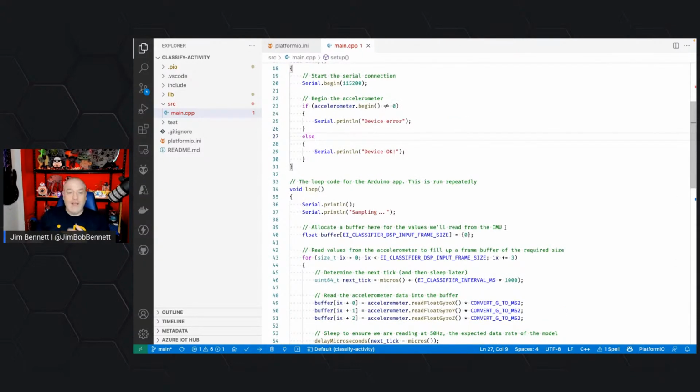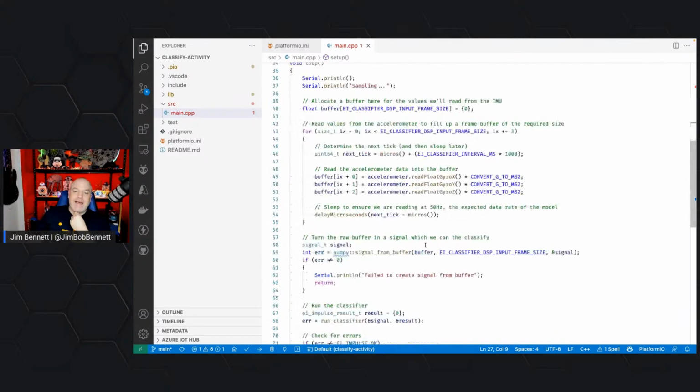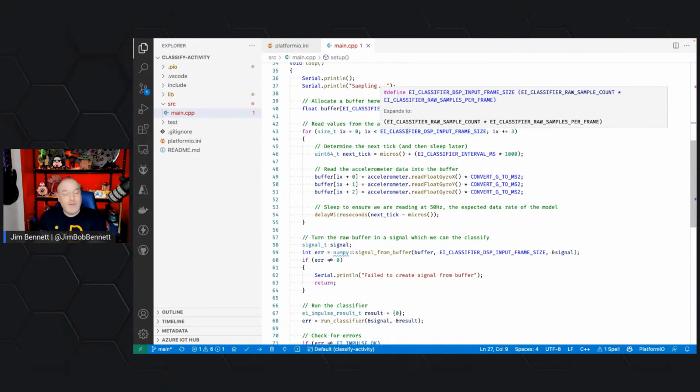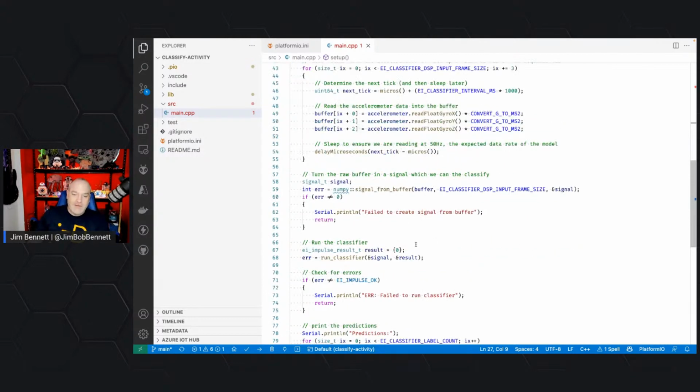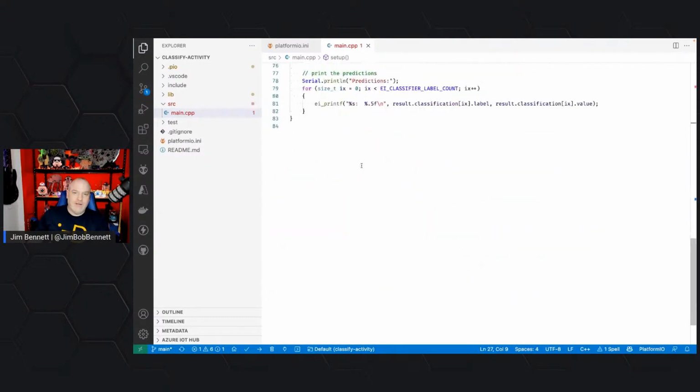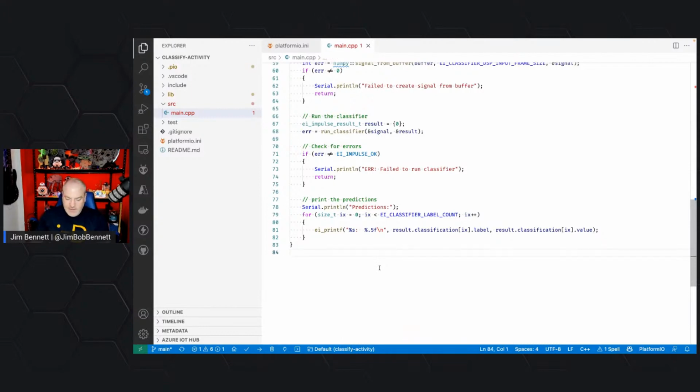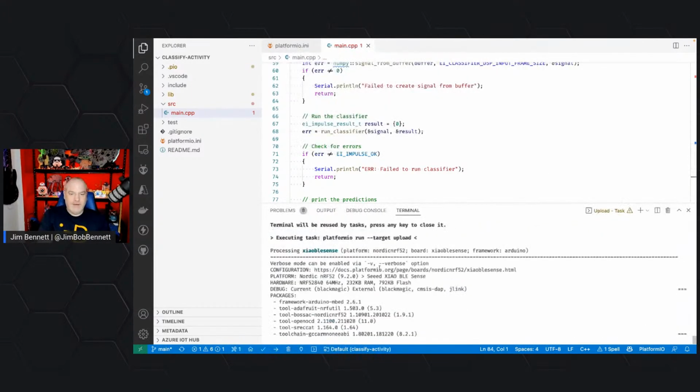So this is the code we were working on last time, and I put in a whole lot of code here that read from the gyroscope, based off the size of the input to my classifier. So the classifier was based on 1 second's worth of data. We capture a second's worth of data on the device, and then we run it through the classifier, and we print out the output. And so if I just upload this to my device,